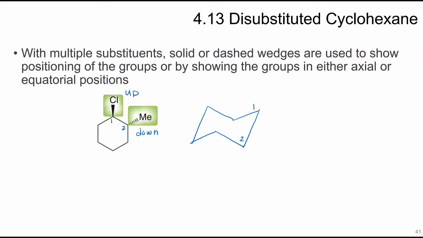Chlorine is in the up position, which means at this corner, this is pointing up. So if it's pointing up, that means my axial is pointing in the same direction as the corner, which will be axial up. So this is chlorine. And at carbon 2, my methyl group is down. And this is a corner that is pointing down, so it's going to be axial down. If we do the chair flip,